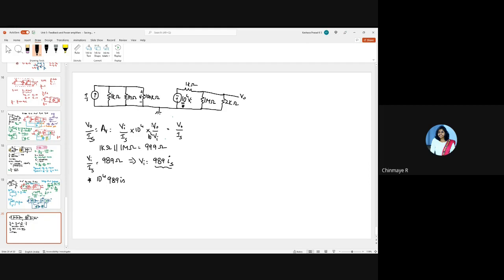correct? And now this voltage gets distributed between 1 kilo ohm and a parallel combination of 1 mega ohm and 2 kilo ohms, right? Let me call this voltage VZ. So now the voltage VZ here will get distributed between 1 kilo ohm and the parallel combination of 1 mega ohm and 2 kilo ohm, right? Can you tell me how much that is? So this is a negative here, right? Because it's inverting.